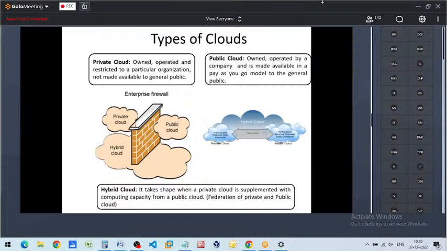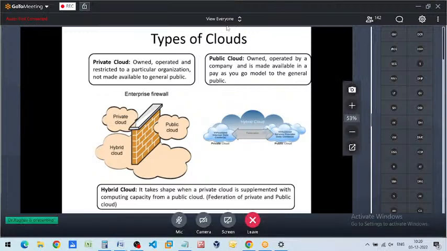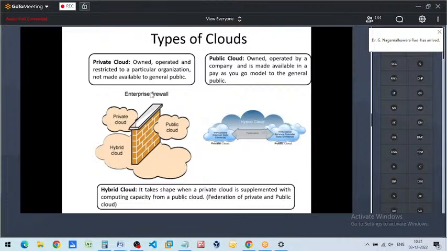cloud. For instance, let's say I'm using my own computing resources and I have a storage which I'm trying to use, but at a later point of time, I find that my storage is not enough for me to archive. So for archival, I want to use public cloud storage, so that whenever there is any old data, I send it to the public cloud, and whenever there is a requirement, I can fetch it again. So for these archival services I can use a public cloud infrastructure like Amazon S3 or any other storage services. In that case it becomes a private cloud and public cloud federation